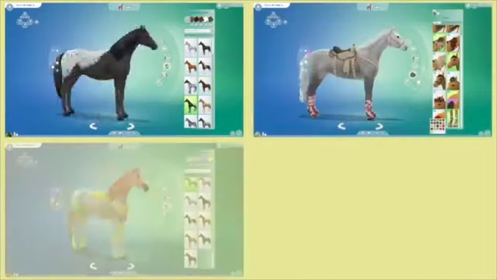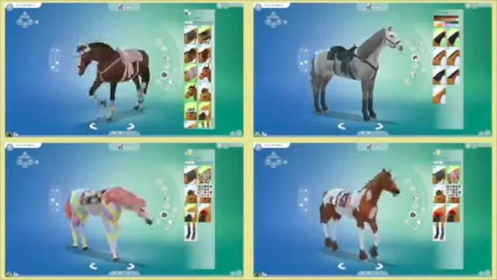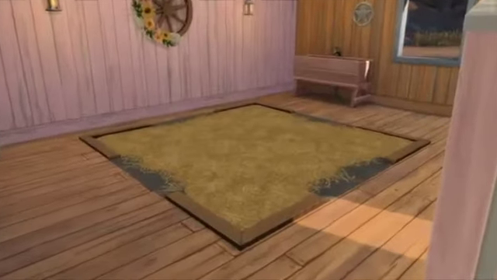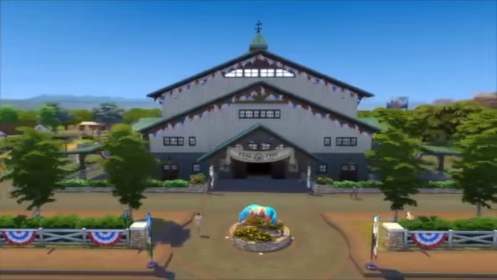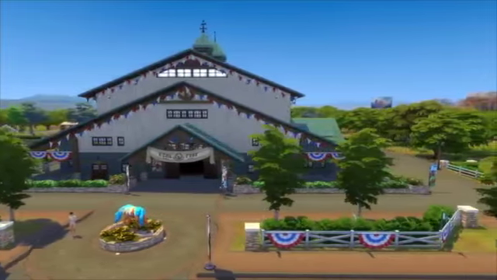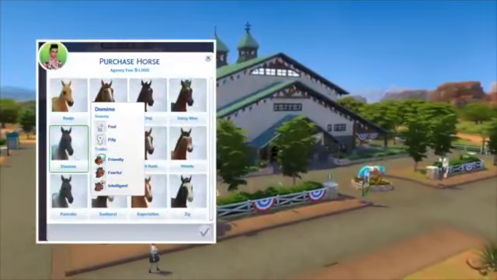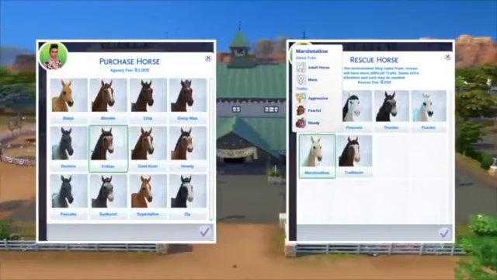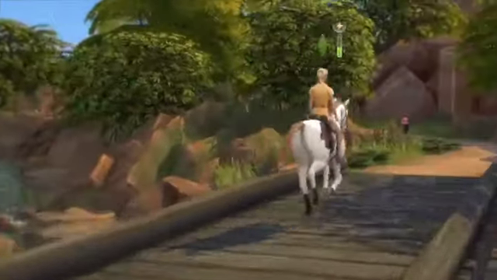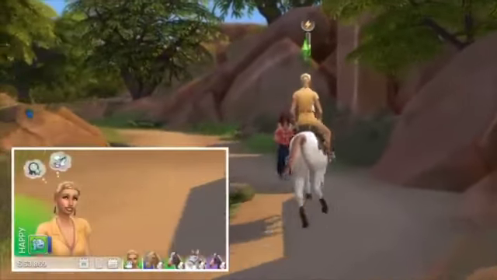Okay, so you can get a horse in Create-a-Sim and make it however you want, just like a dog or a cat. You can also get it from the dog bed, the sign, and also from this empty building that you're seeing here. But you can only choose one horse when you're buying it from there, and adopting the horse is 200, buying the horse is 1,000 simoleons,